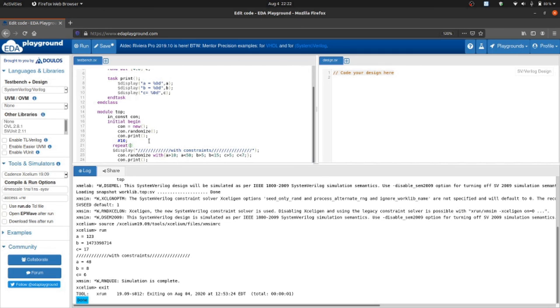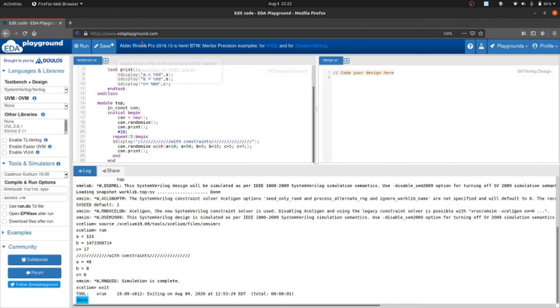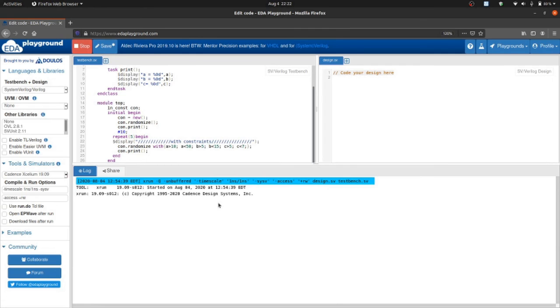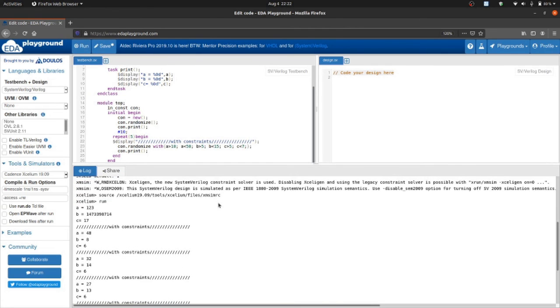You can also do some more cross-checking, like writing a repeat loop. Let's say repeat 5, begin, end. Let's run it again. In the first packet the values are coming freely.